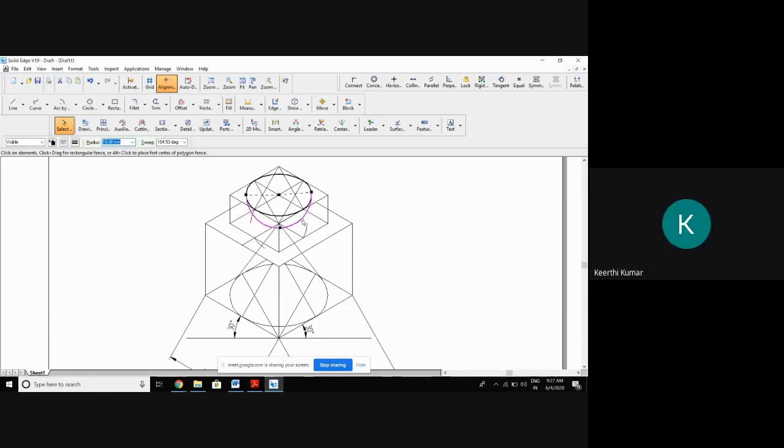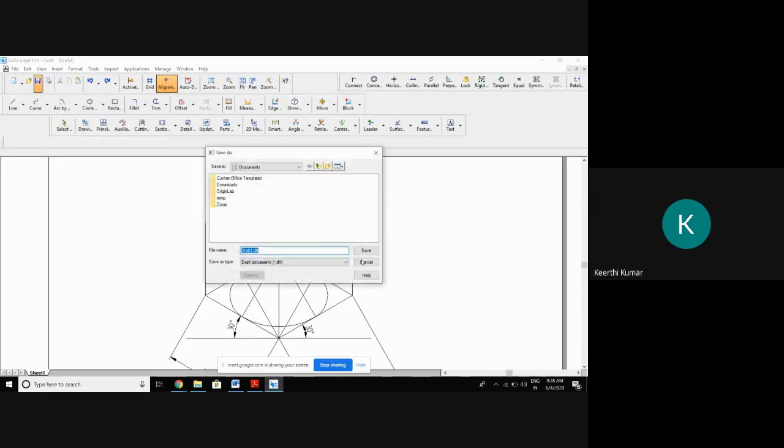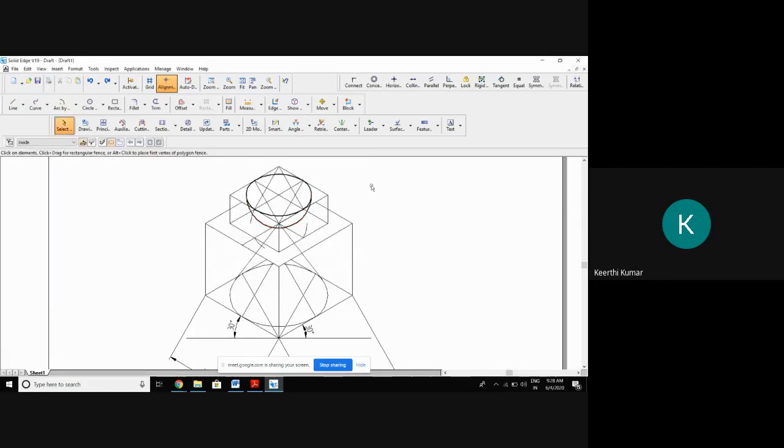Sir, can you please say after taking the center of the hemisphere? Okay, see here, what I did: I just took the compass from this center, took this as a radius, the horizontal line where it coincides with this ellipse. From here, this arc, whatever I took here, the end of the arc, from here you just cut an arc till it coincides with the other end. Okay, sir, got it, sir. So if I make it bold, then it will look like this. Hemisphere. Anyone? Please reply.